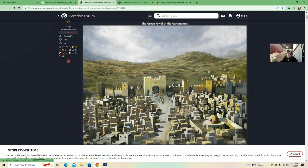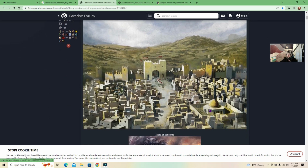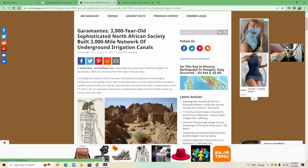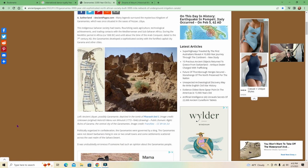So this is the painting that someone did, and this is by Ixaris, Second Lieutenant. Oh, gotta make sure I salute. Sir, Second Lieutenant, sir. Green jewel of the Garamantis. There it is, the green jewel. That's what it would have looked like based upon what we found. So interesting to think about. And it was a sophisticated North African society, built 3,000 miles of underground irrigation canals, which it takes quite a...